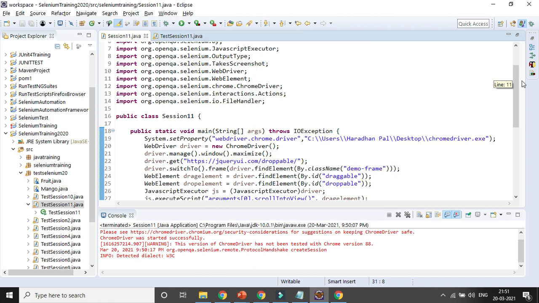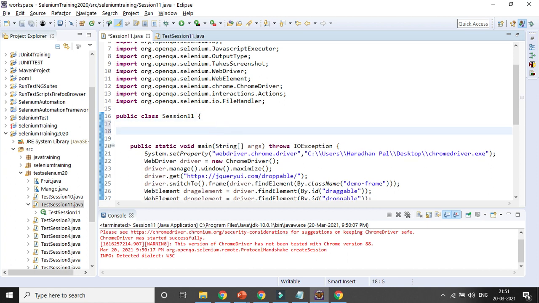So how can you create a method at the class level? I will be creating a class here, right? At the class level, I will be creating a method. You already know how to create a method: public static void, and suppose I use the method name takeScreenshot.